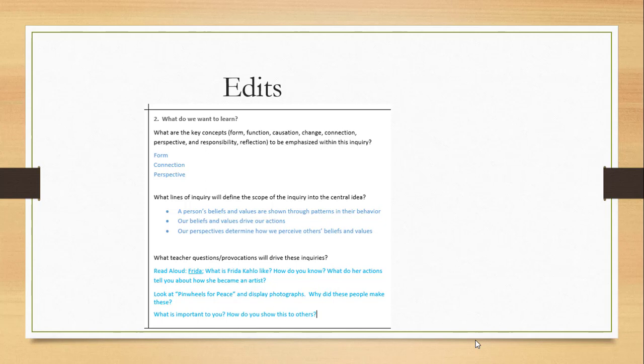So I've edited my lines of inquiry to narrow my focus throughout this planner and added to the provocations to think through all of the lessons that I will need to approach with the lines of inquiry in mind. I'll be working towards referring to the key concepts more in this unit, and I'm going to definitely be looking at pages 15 through 19 in the PY, making the PY planner as a guide for myself.